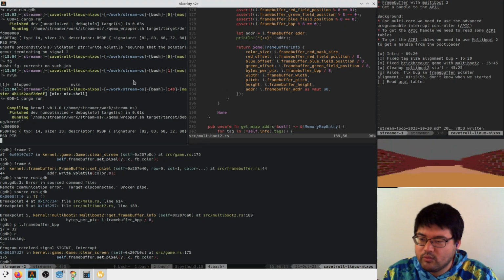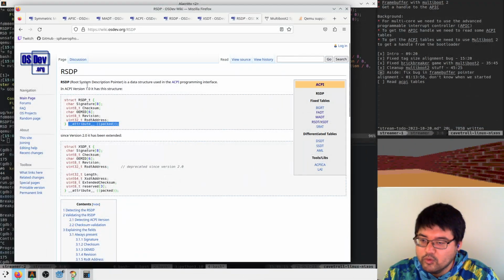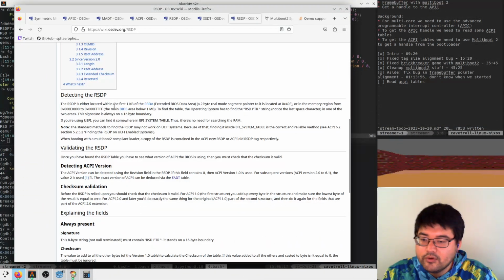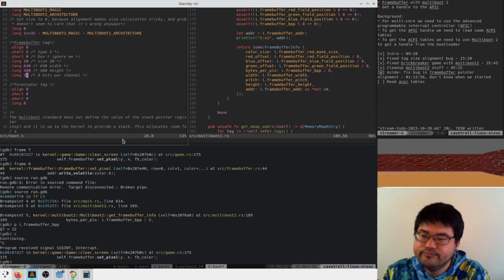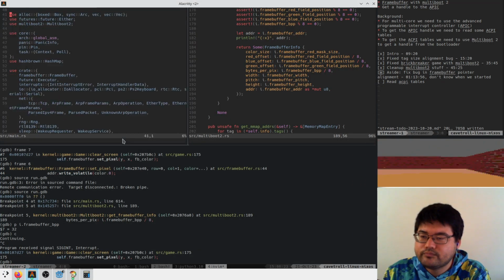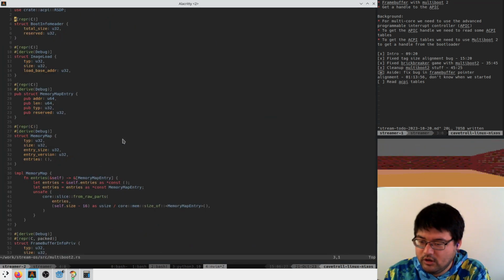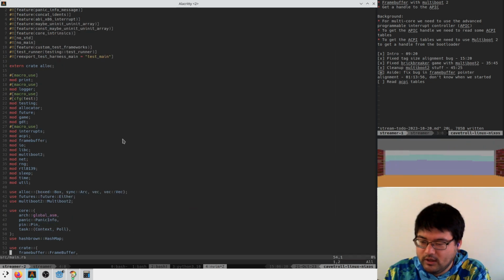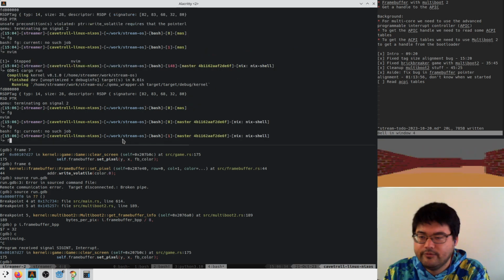So we're back to trying to read the root system description pointer. So we want to do checksum validation. So in multiboot, probably, sorry, one sec.